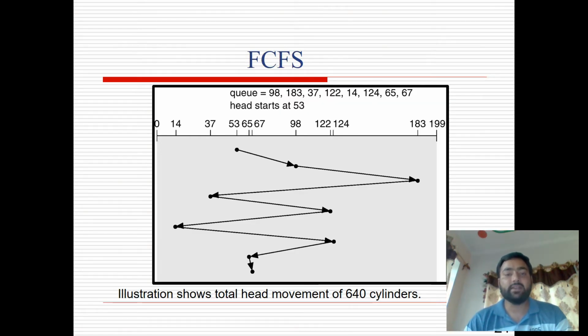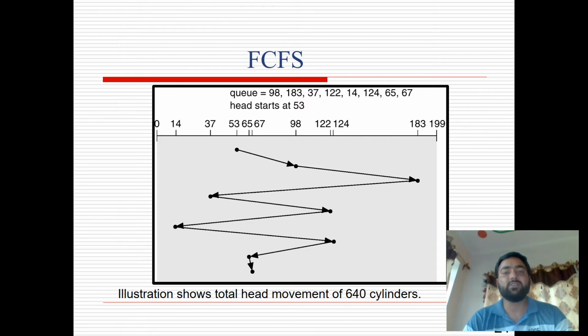So let's go through the example. Our queue is 98, 183, 37, 122, 14, 124, 65, and 67. And our head starts at 53 initially. So starting from 53, the head first will move to location 98. Then it will move to location 183. From 183, it will backtrack to 37. Then from 37, it will move to 122 as per the queue.